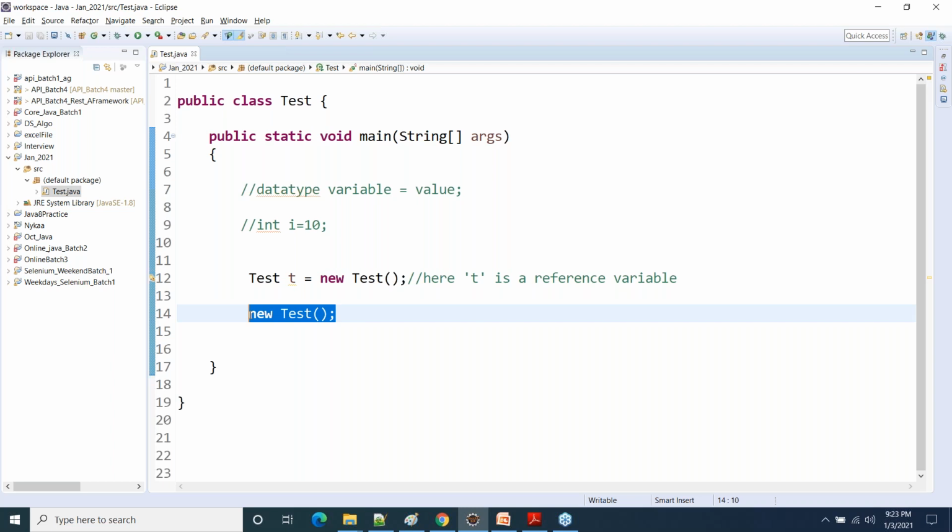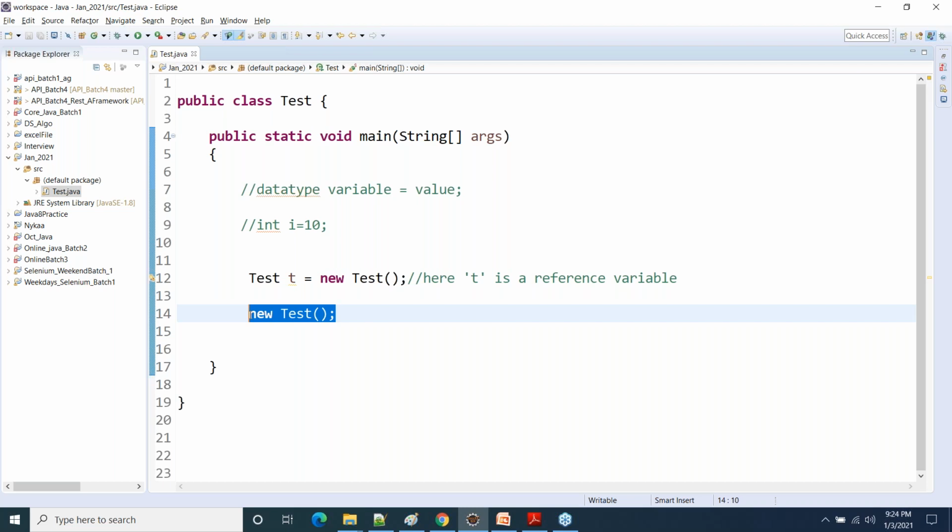So that's what I was telling, there is no good option or better option. It depends upon the requirement. If you know that you will be using an object of a particular class only once, then go for the second approach. But if you will be using an object of the same class again and again, then go for the first option.